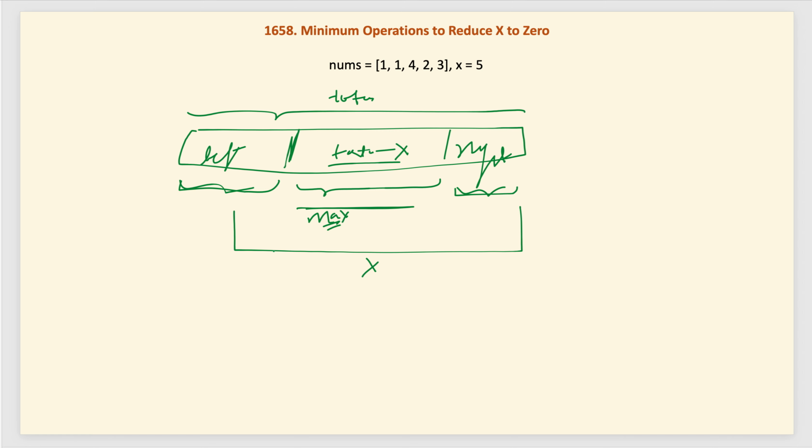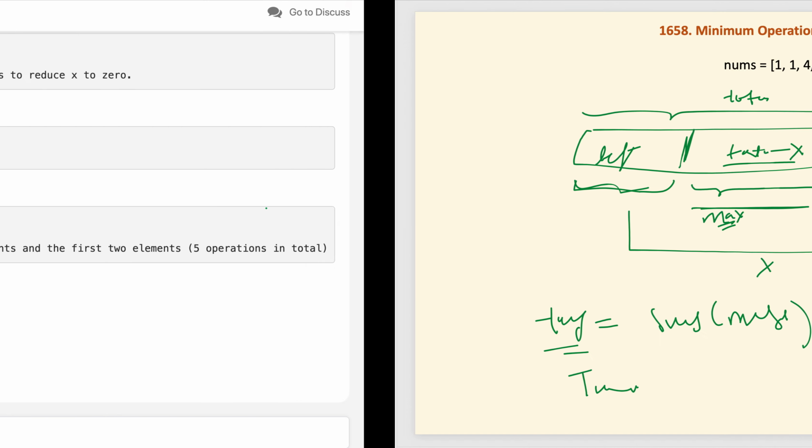So, how will we solve this problem now? First, we find the target. We sum our nums, using either a for loop or a stream, then we subtract x. This is our target. Now, we have to find the window which has a sum equal to target. For that, we will use the two pointer approach to find the window. So, let us implement the code.